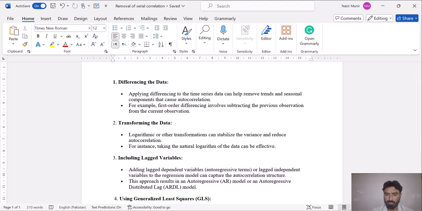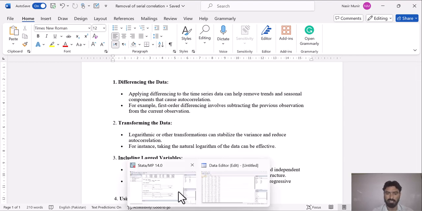So let's do it. What was the first method? The first method was to take the difference of the data set. We are taking the difference of the dependent variable, and we will see whether it resolves the issue of autocorrelation or not.